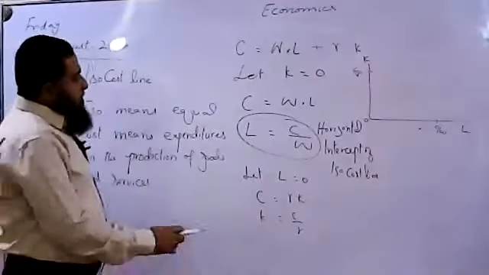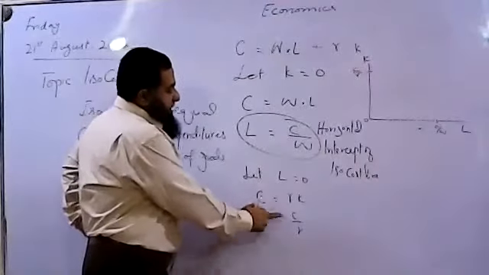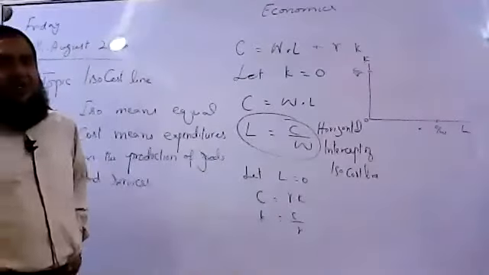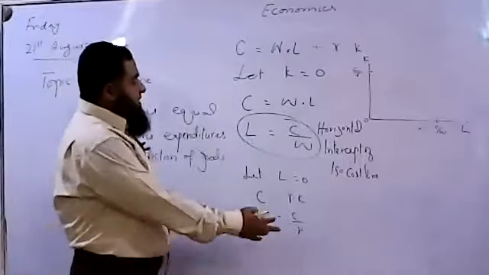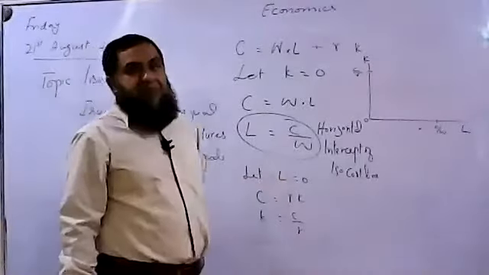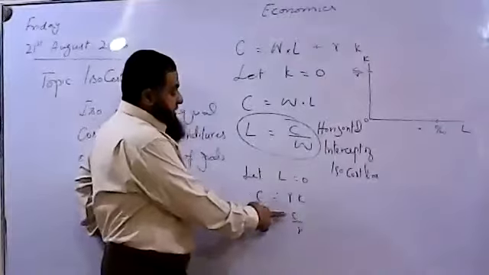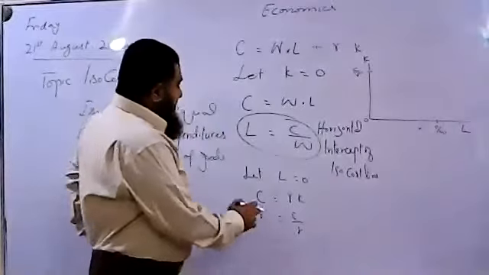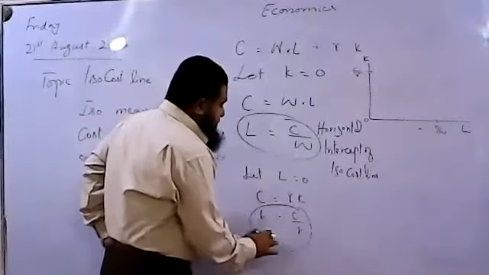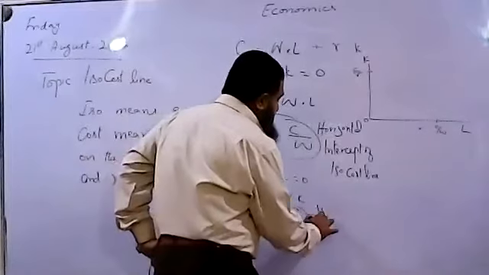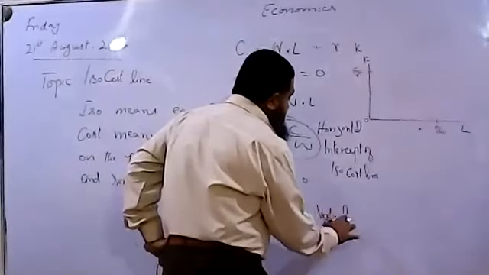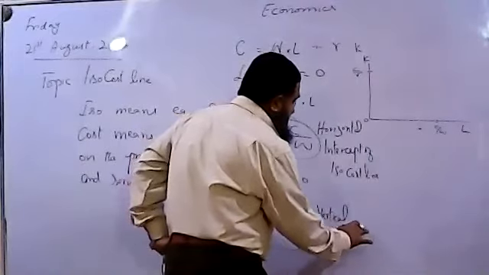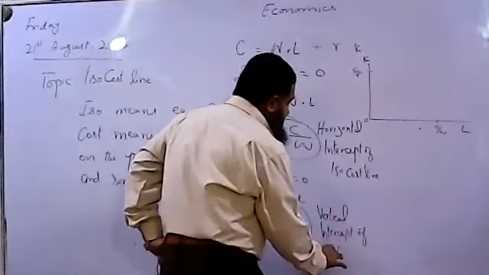All right. Again, we can see the capital employed is inversely related to the rate of interest. When the price of capital is increasing, the producers or entrepreneurs will be employing less capital. And cost of production will be increasing when more capital is employed in the production process. All right. This is called the vertical intercept of isocost line.